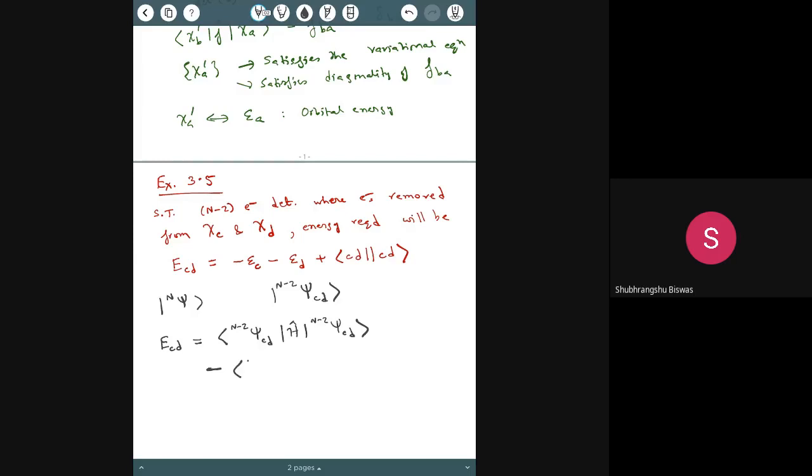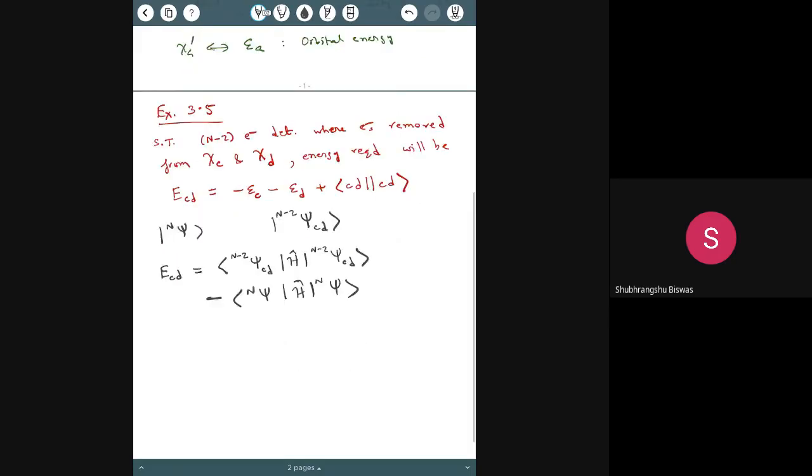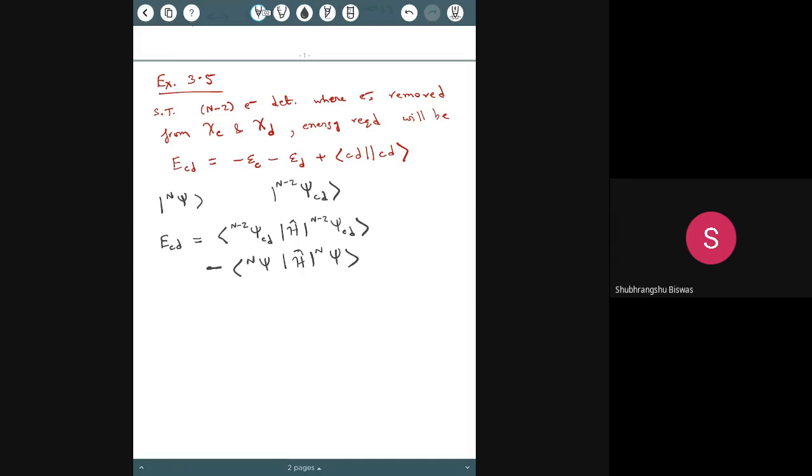Minus the energy of the original state. Simple enough. Now, in order to obtain this expression, the assumption is that the orbitals have not been re-optimized for the n-2 state. So, assuming no re-optimization of orbitals